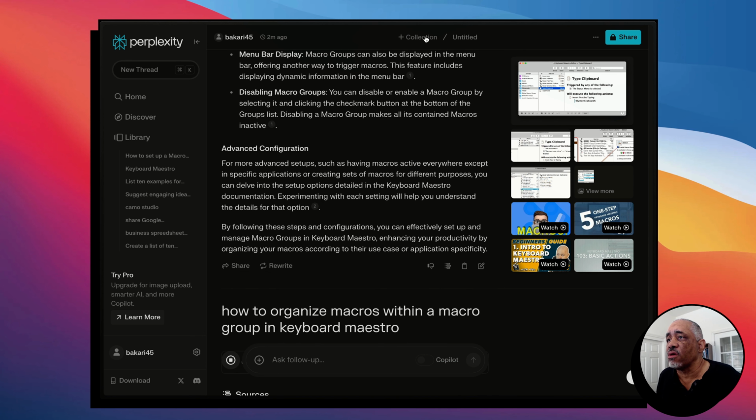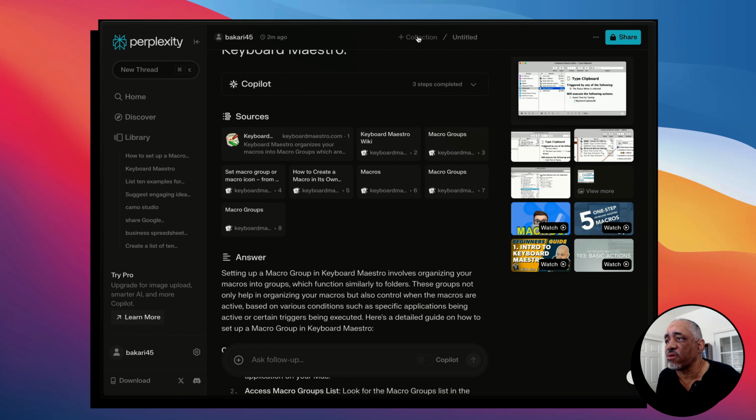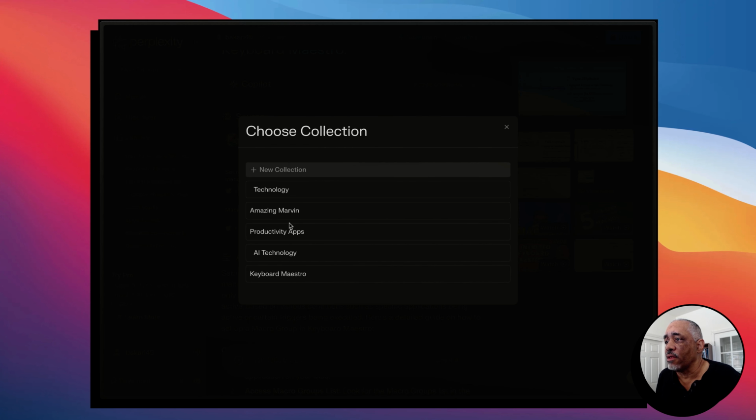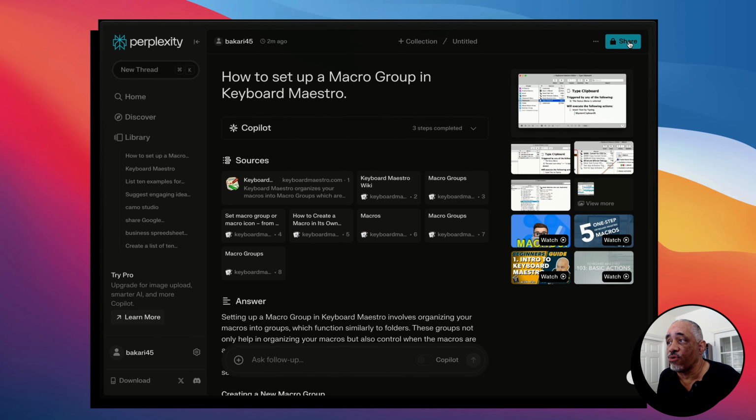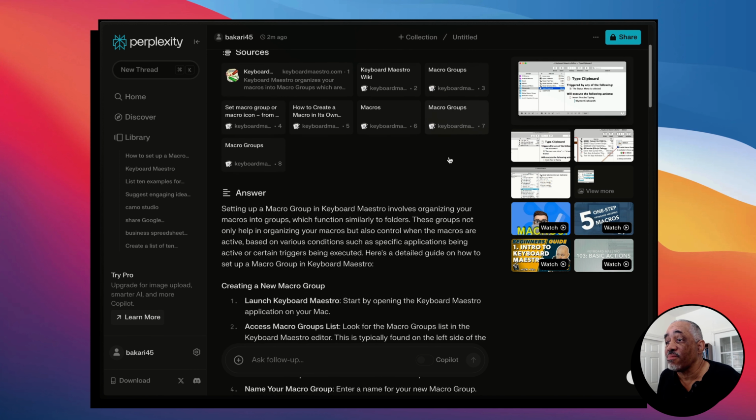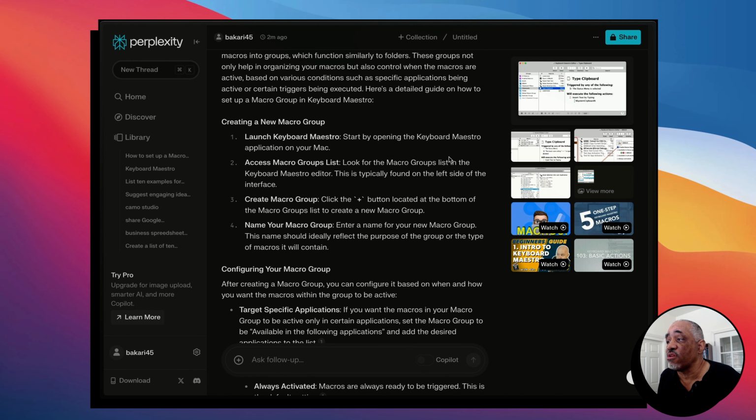And then what you can do is you can save these answers into what's called collections here, and you see I have collections already. You can create a new collection and save it there. You can also give it a title so you can remember what it is. And then what's really cool is that you can share your results, right? So I've shared some of my results on my Twitter account, right? And so I can share the results because sometimes it gets really good results